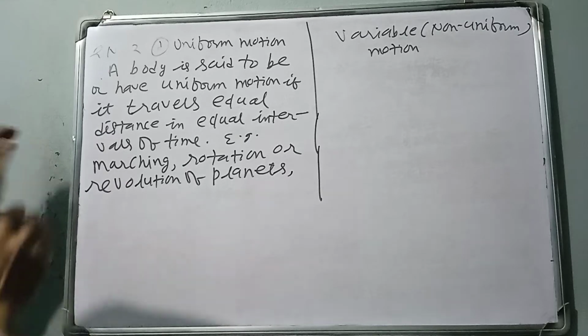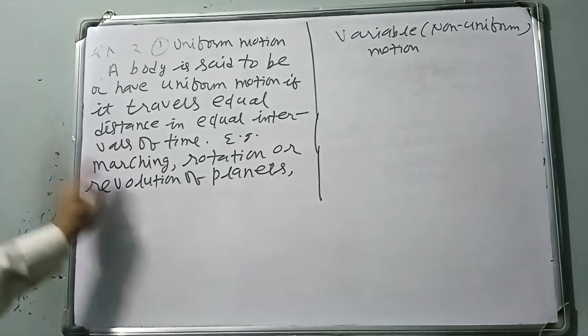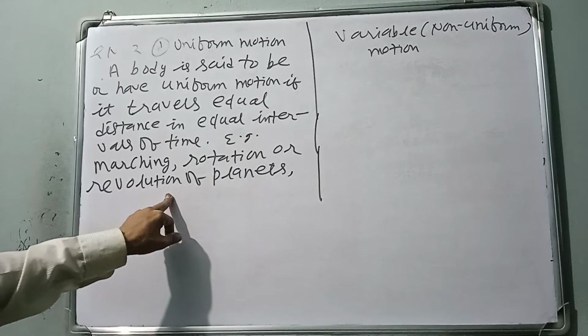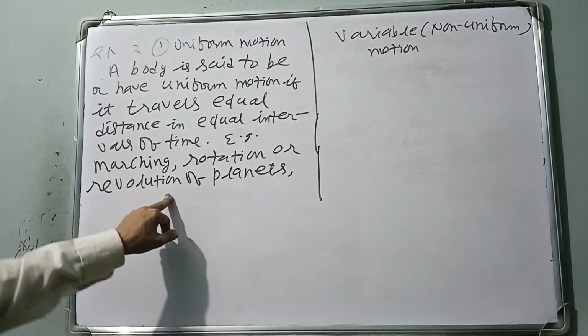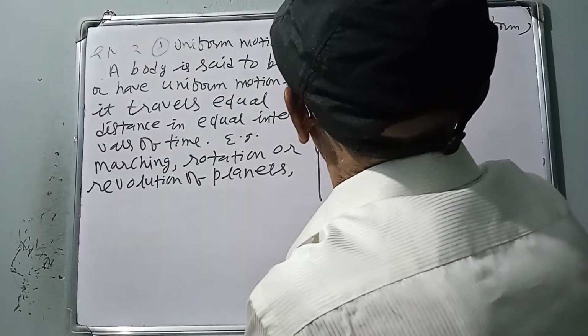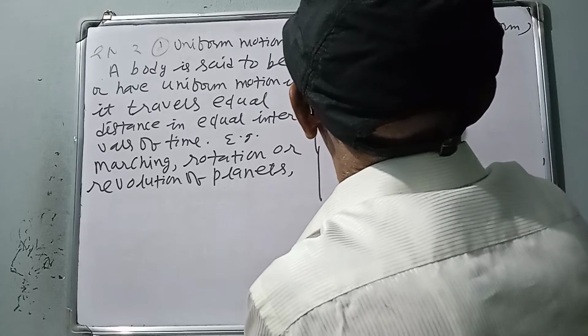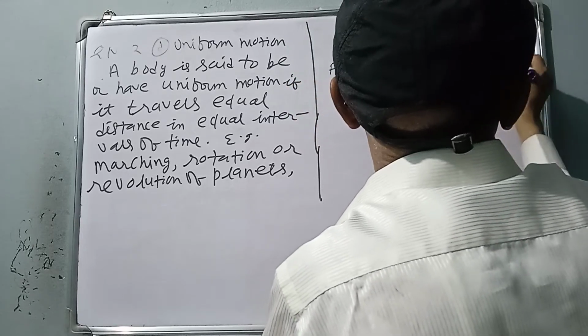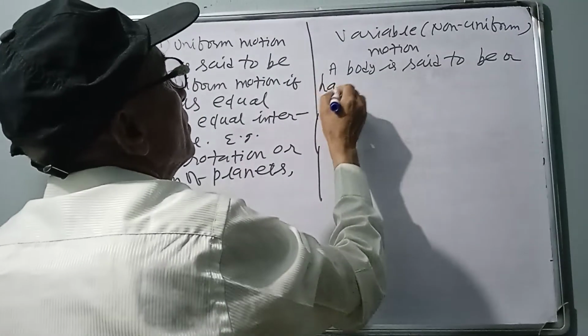And another is also vehicles traveling along a straight road on the same gear in the same direction. Variable motion or non-uniform motion, a body is said to be or to have